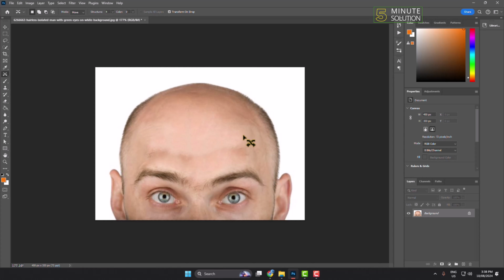Now we have to make this skin perfect. So again, select any dark area, again do the same thing, do the same thing,